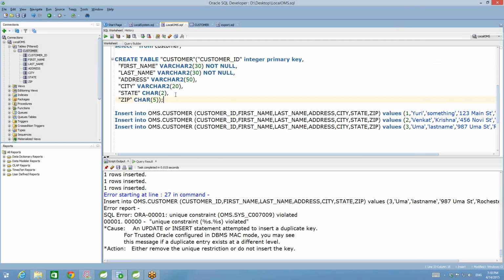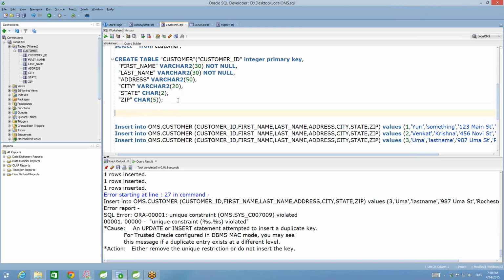I'm just making sure, based on your point, I can add one more point so that everybody is clear. Your ID is your data. Your 1, 2, 3, these are all data. These are rows. And your table is actually the structure. So her point is, now we have a table and we have 3 rows inserted. How do I delete a